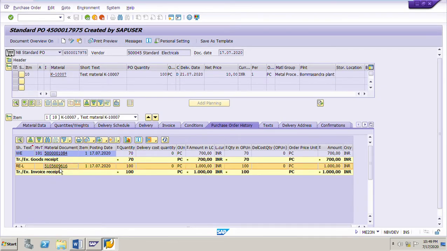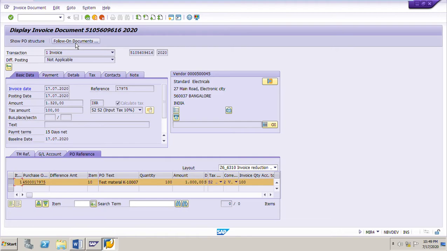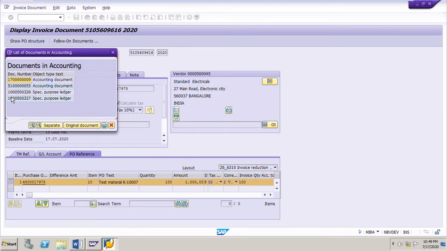Now if we go to the invoice document, we can go to the following documents, accounting documents. The system will create two accounting documents. When we reduce the invoice, the system always generates two accounting documents. The first is for the invoice document which you have cleared to the vendor. The second is for the credit memo which the vendor has to pay us back. Let me go to the first accounting document.